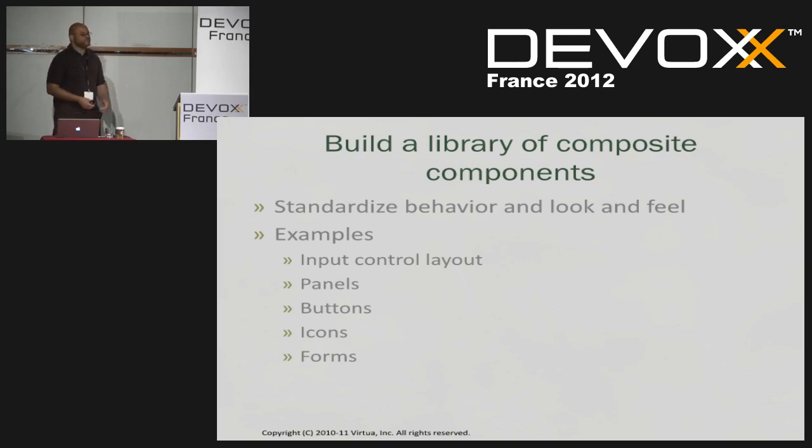Icons, forms, etc. Maybe your toolbars look a certain way. Okay, all of these things are very good candidates for composite components. Another good example is lots of input controls. So for example, let's say that there is a certain way that,